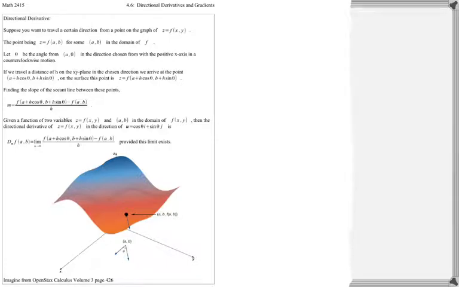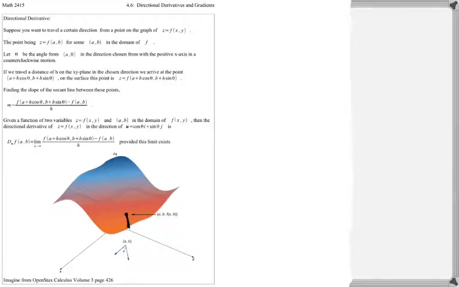Let theta be the angle from a, 0 in the direction chosen from the positive x-axis in a counterclockwise motion. If we travel a distance of h on the xy plane in the chosen direction, we arrive at the point a plus h cosine theta, b plus h sine theta. On the surface, this point is z equals f of a plus h cosine theta, b plus h sine theta. So we'd walk a certain distance, and then we're going to find the slope of this